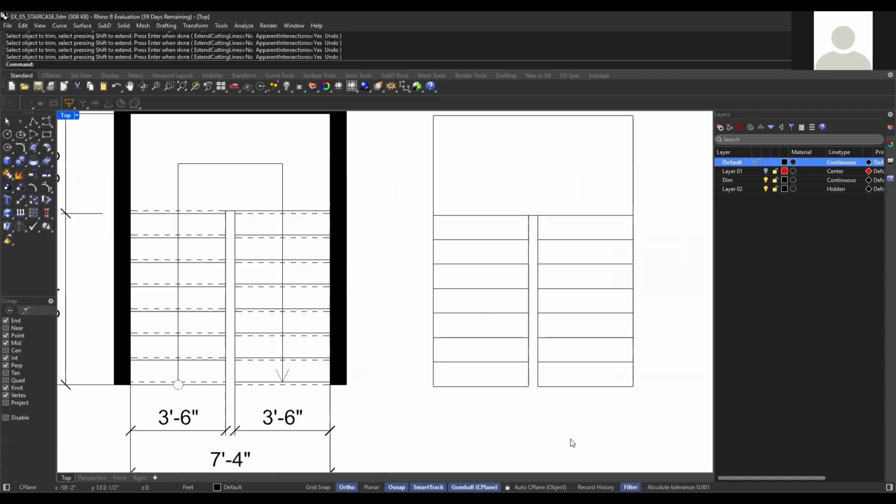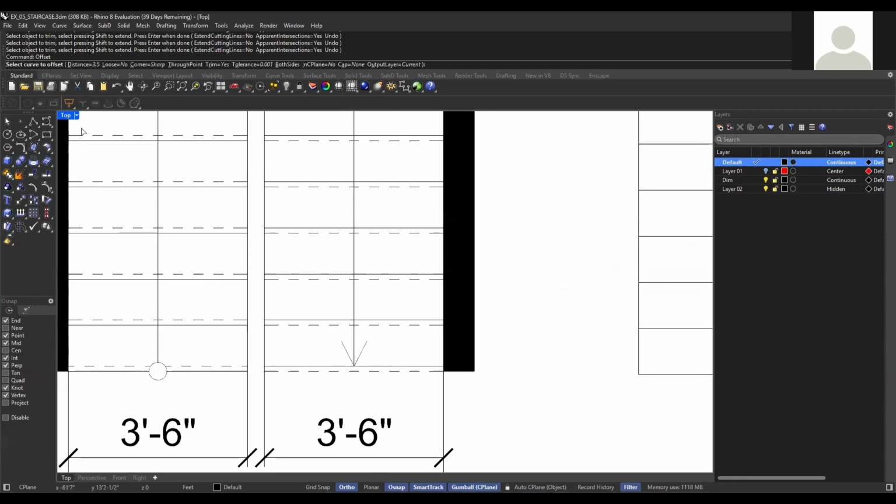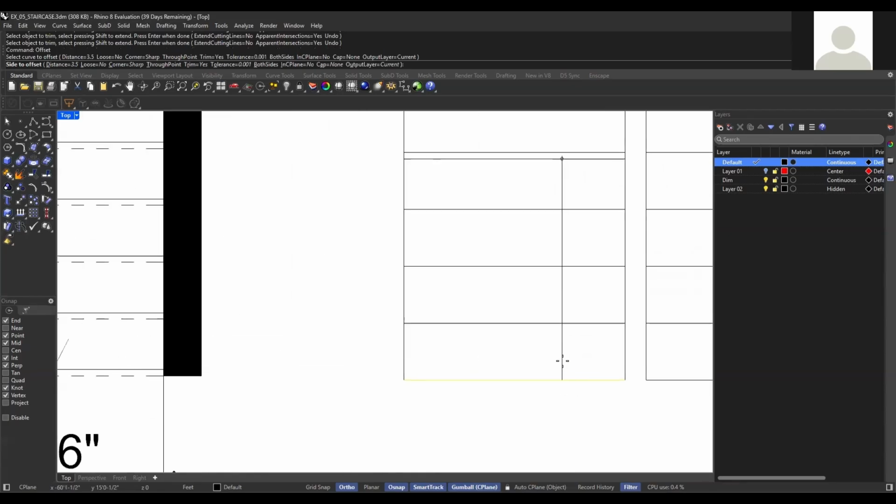I'm going to draw those. For this, again, I can use offset. For this step I'm going to offset a different distance. I have to offset 1 inch. So start offsetting these by 1 inch,